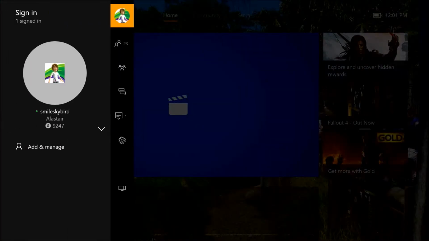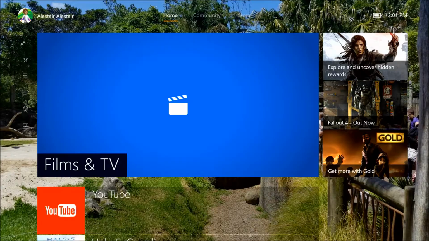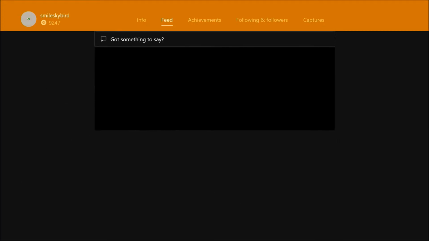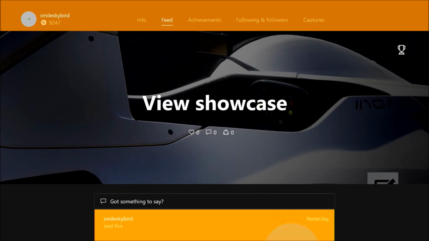So if we scroll right, hard left, it will bring up this page on your controller. It shows you your profile, I'll give you a walkthrough of it. As you can see, it loads super quickly. See that circling thing? In the previous UI